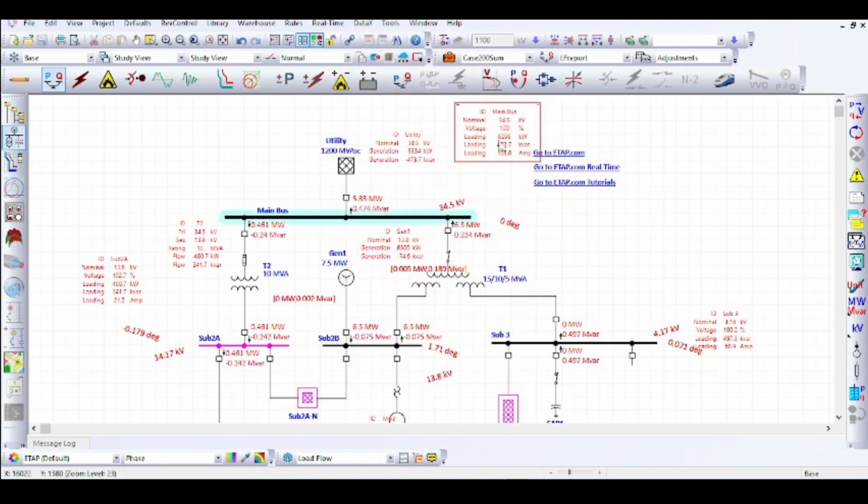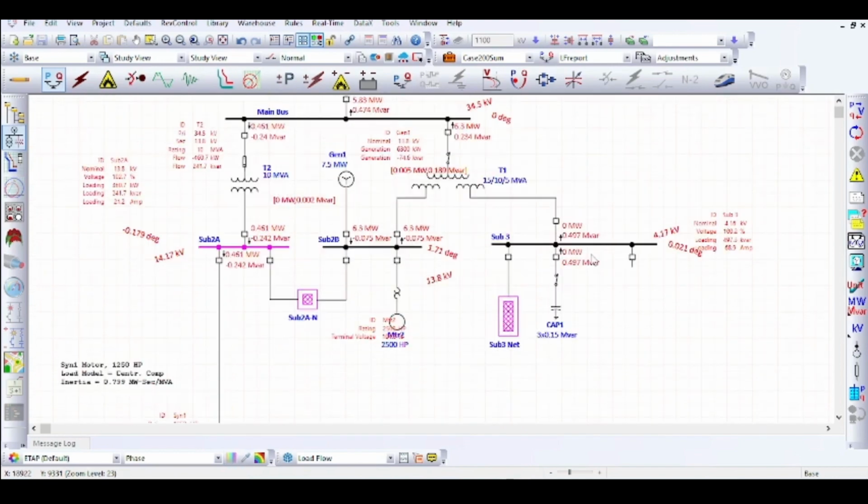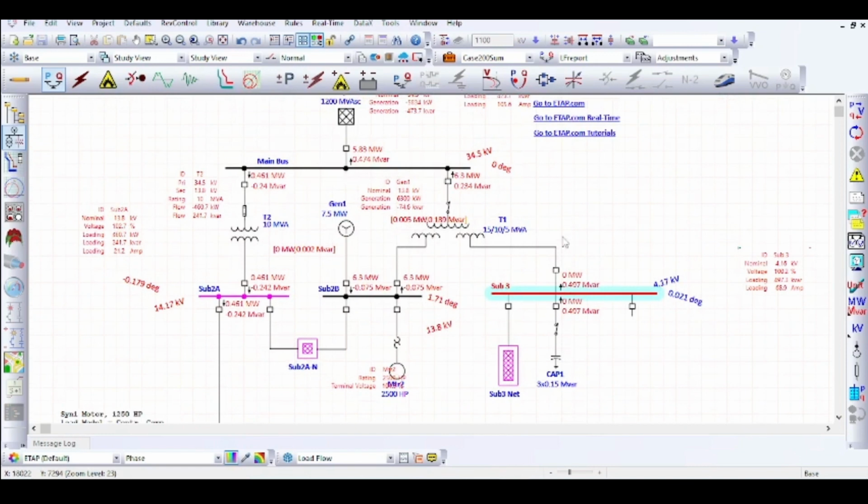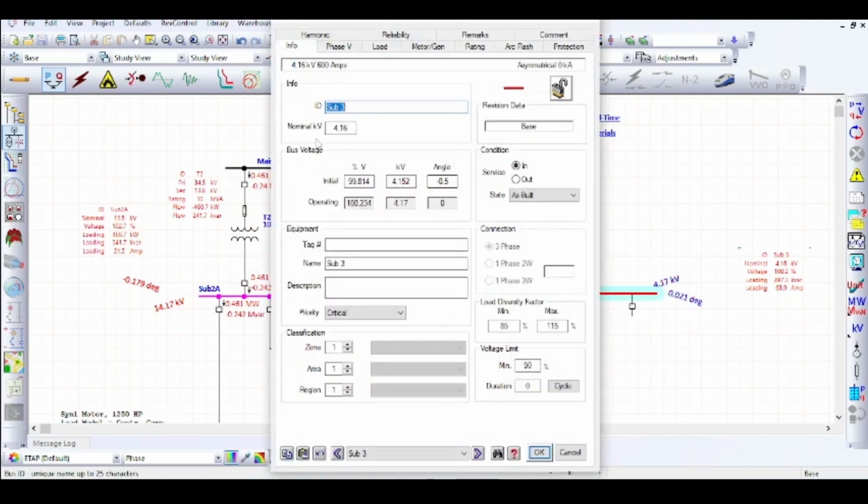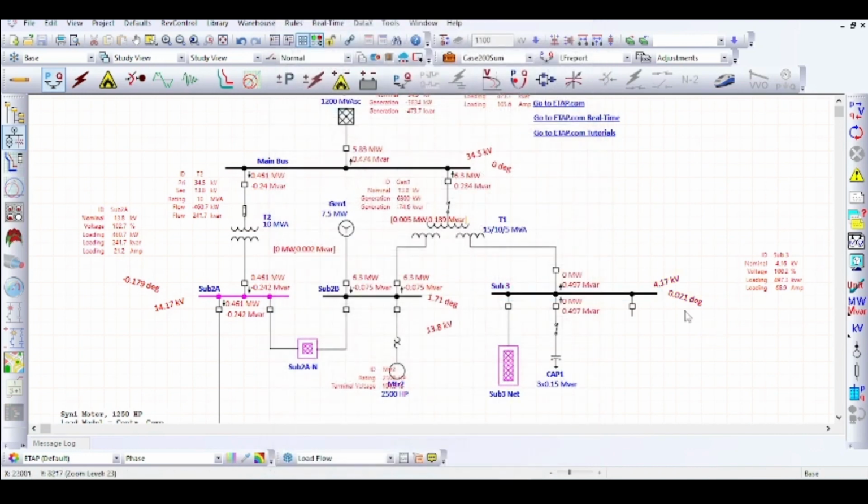Then the next one will be the bus voltage. This bus is 34.5 kV. This bus voltage, that is the grid bus voltage, is at 0 degree. You just see, this one will be the load bus. Some loads are connected to this bus. The nominal kV of this bus is 4.16 kV. This bus is presently operating at 4.17 kV and the bus angle is